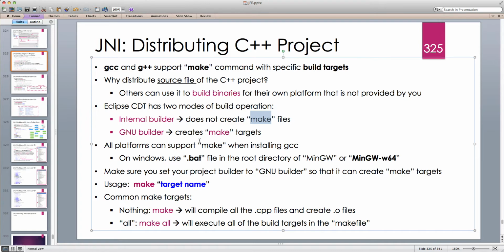Is it an executable? All platforms can support make when we install GCC, the GNU compiler. On Windows, we can use the .bat file in the root directory of MinGW or MinGW-w64 to run a command prompt, a command line window in which the path to the bin folder of MinGW or MinGW-w64 is automatically added to the path system environment variable. So make sure you set your project builder to GNU Builder in Eclipse CDT so that it automatically generates the